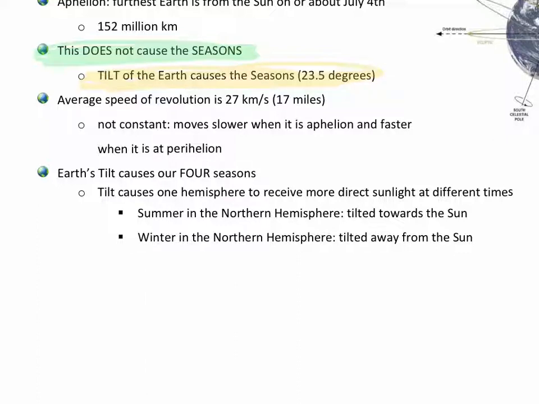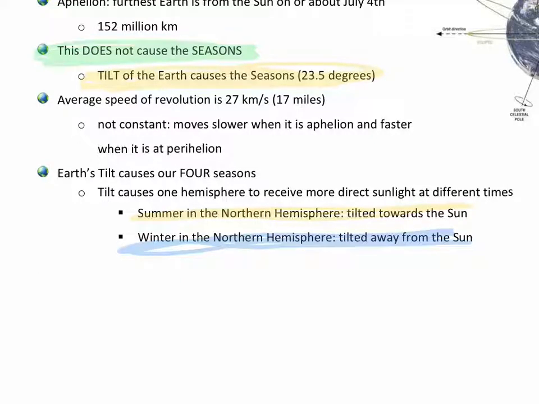So I'm going to give you guys a second to just think about that. If it's tilted toward the sun, we'd expect it to be just a little bit warmer. And in fact, that would happen, as it says in the notes right here, during the summer. Then you see in the winter, we're tilted away from the sun and start thinking, wow, winter, that's when we're a little bit colder.